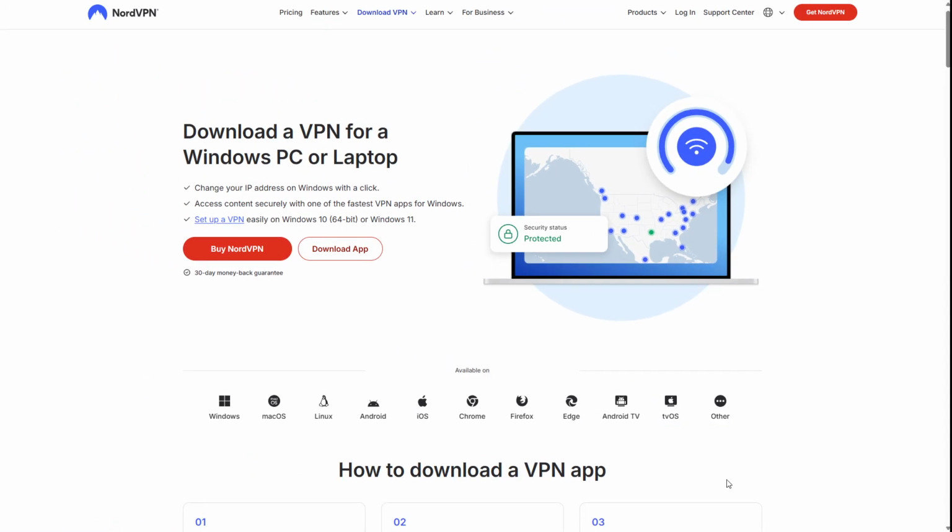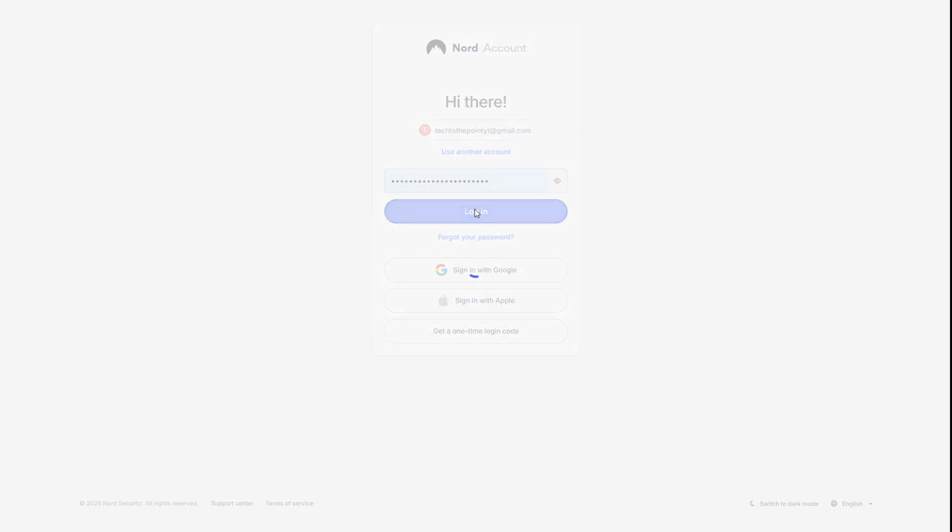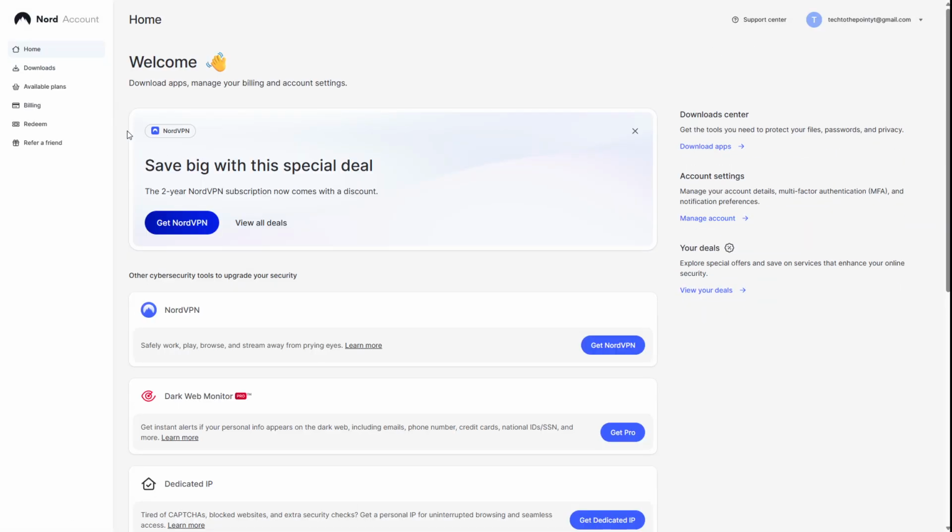Let's get started. First, open your browser and head to the NordVPN website. You can search for NordVPN downloads or use a direct link to reach the downloads page. Once you're there, click the login button in the top right corner and sign into your Nord account. If you don't have an account yet, you'll need to create one since an active subscription is required to use